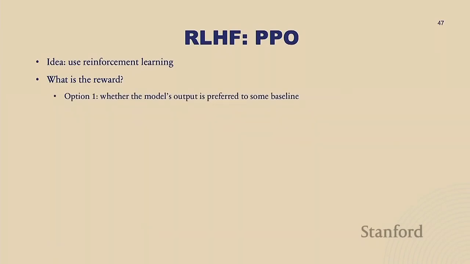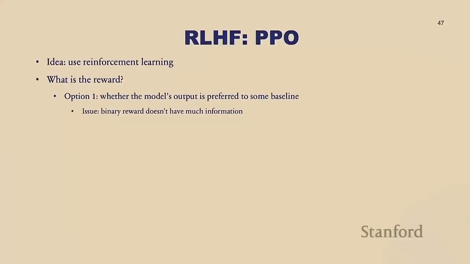The first one, you could just say, I'm going to compare the output generated by some baseline, the output generated by my model, and I'm just going to ask the human to say which one is better, and I'm going to use this as a reward. So if I'm better than the baseline, this is a +1. If not, it's a -1. So now it's a binary reward. The problem with binary reward is that it's very sparse, and you don't get much information out of it. Maybe your answer was slightly better, maybe it was way better, and you don't really know from this how much